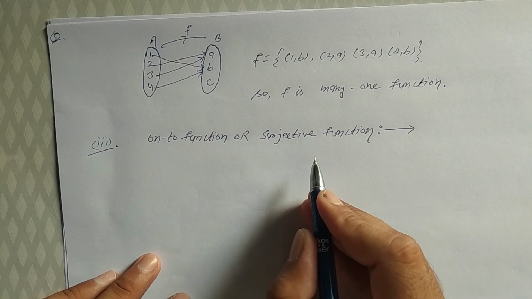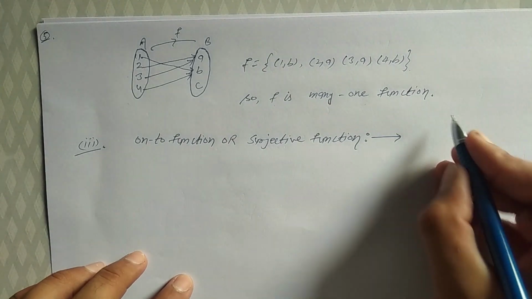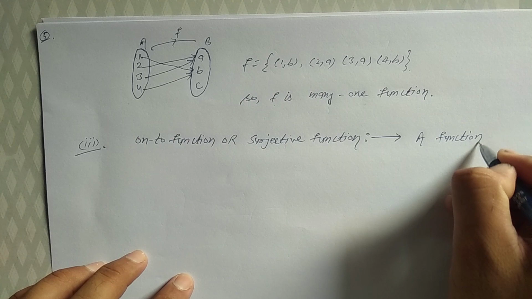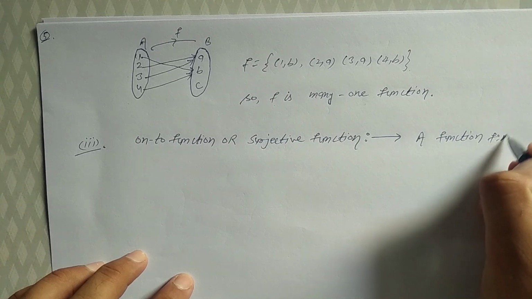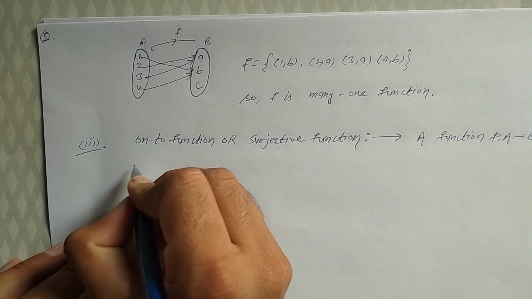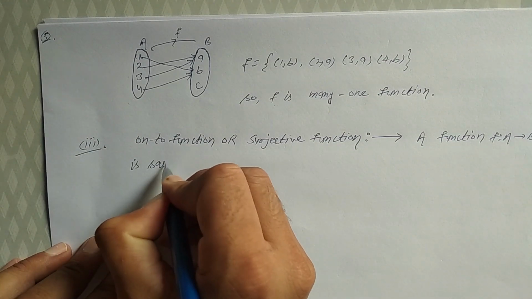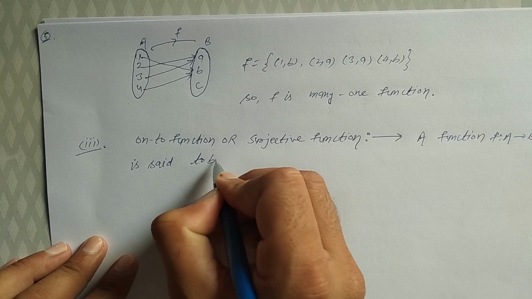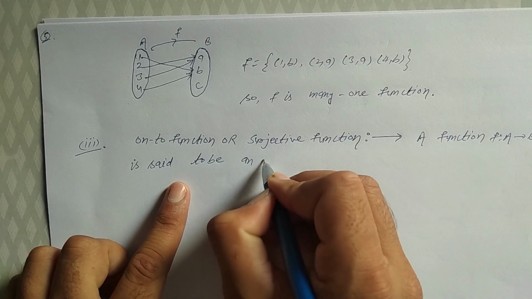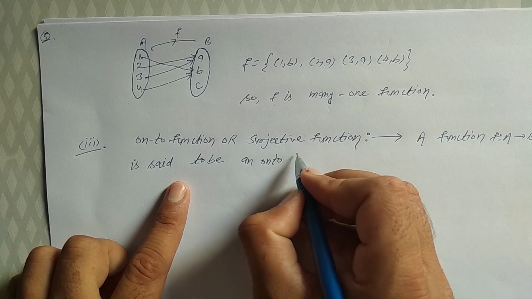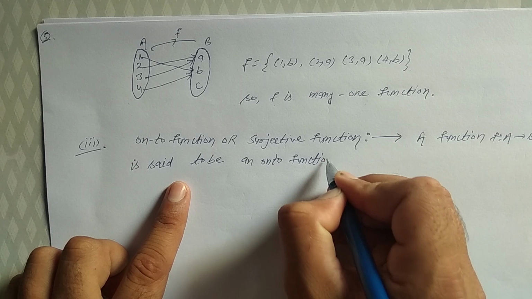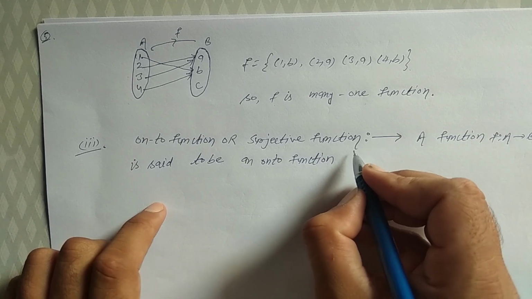Definition of onto function: a function f from A to B is said to be an onto function if